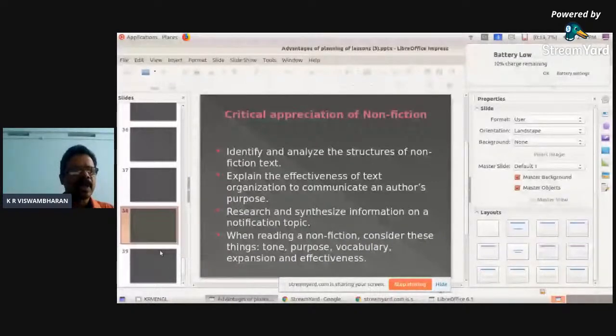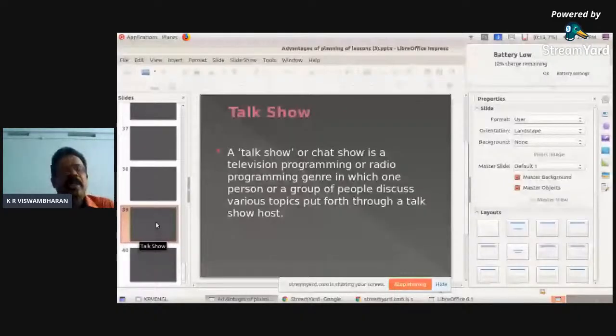Now we are coming to the talk show, which is also given as an area in your syllabus. You know what a talk show is. It is simply a chat show. We are quite familiar with it, even on our television channels. They have changed the style of their news reading sessions. They have improved a lot.